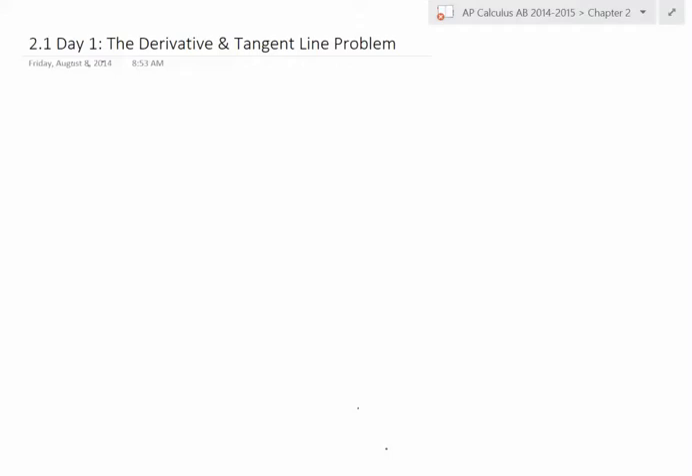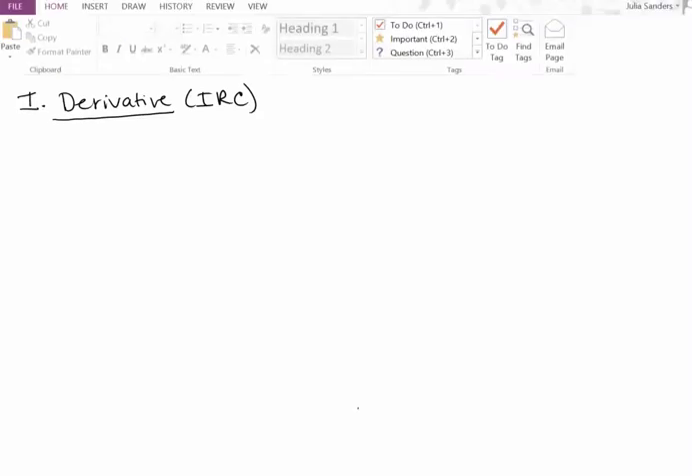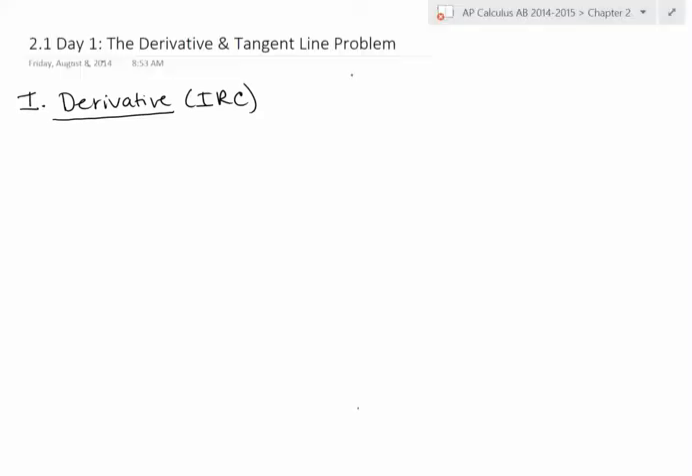I'd recommend that you watch the difference quotient video before you begin this, but here are the notes from today for the derivative and the tangent line problem. Okay, so we remember from before, the derivative is also our instantaneous rate of change. And if we are thinking about it in terms of tangent and secant lines,